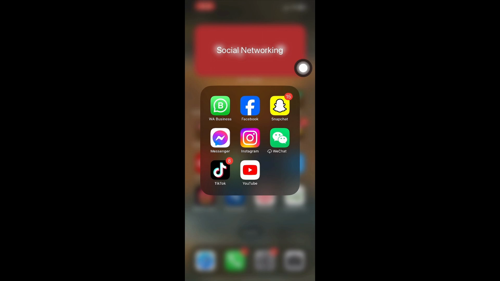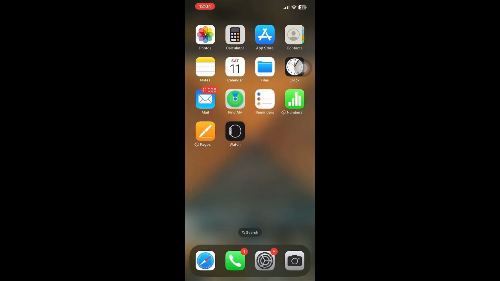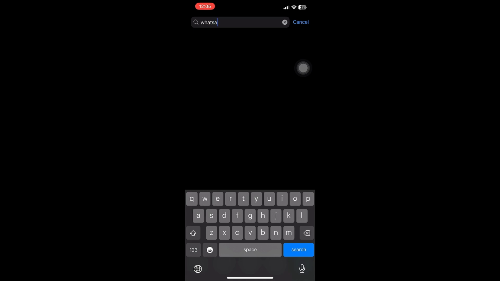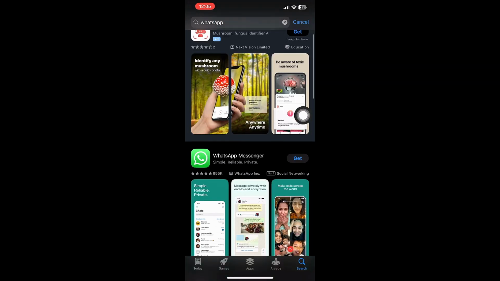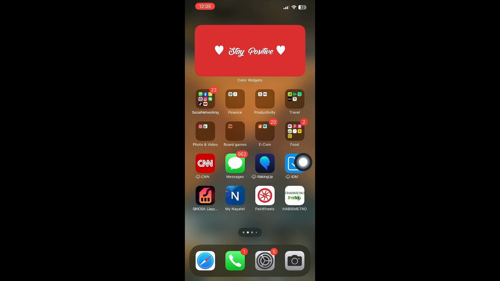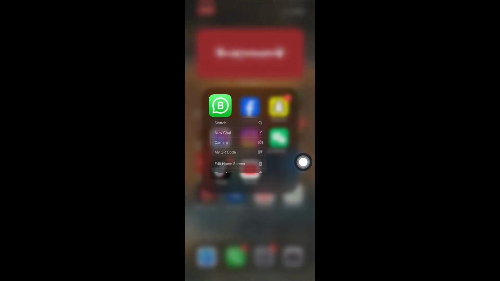Even if it does not, then what you can do is go to your App Store. And once you're in the App Store, you can type WhatsApp in the search bar. Let me just type it. And once you type it, you can go down and see if your software needs an update or not. Even if the WhatsApp software does not need any update, then what you can do is just delete